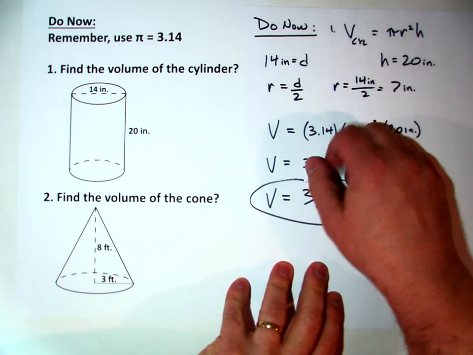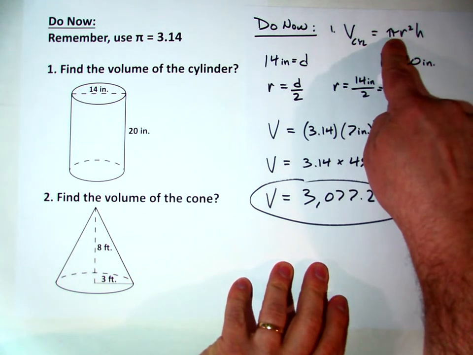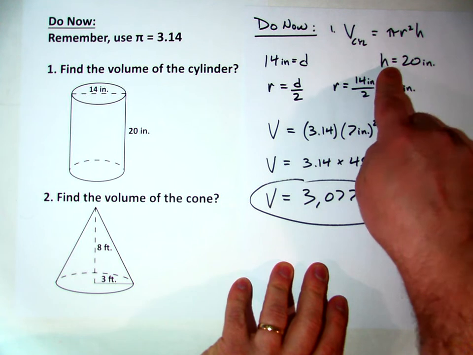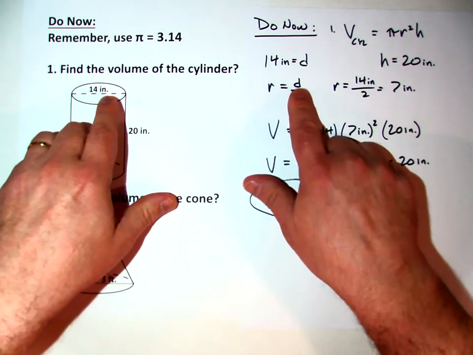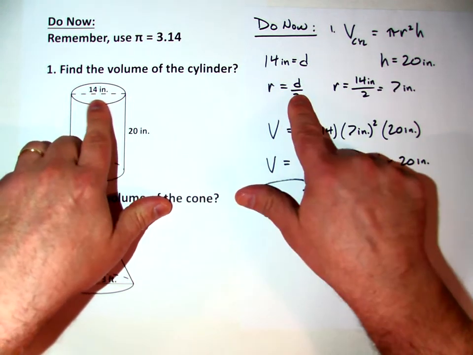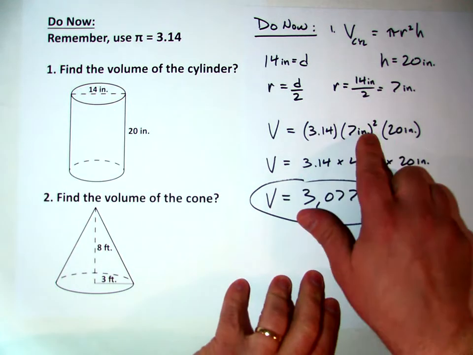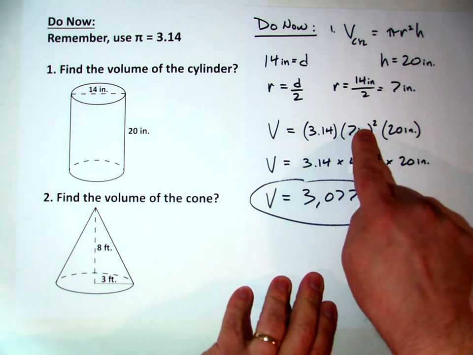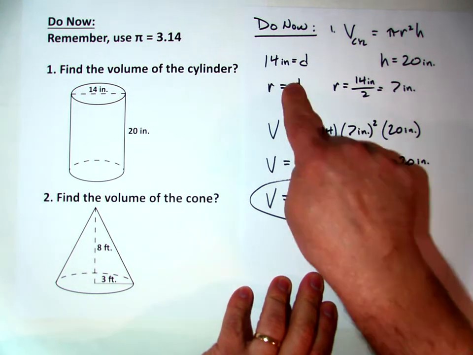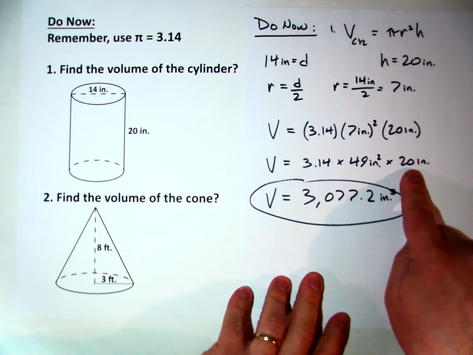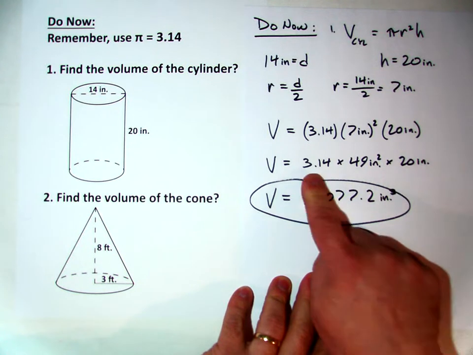We know that the volume of the cylinder, as we just repeated, is pi r squared times the height. We don't need the diameter of 14 inches. We need the radius. We need to divide the diameter by 2 to get 7 inches, and we plug that in and we square it, and 7 inches squared is going to be 49 inches squared. We're using 3.14 for pi times the 20 inches of the height, and when you multiply this all out,